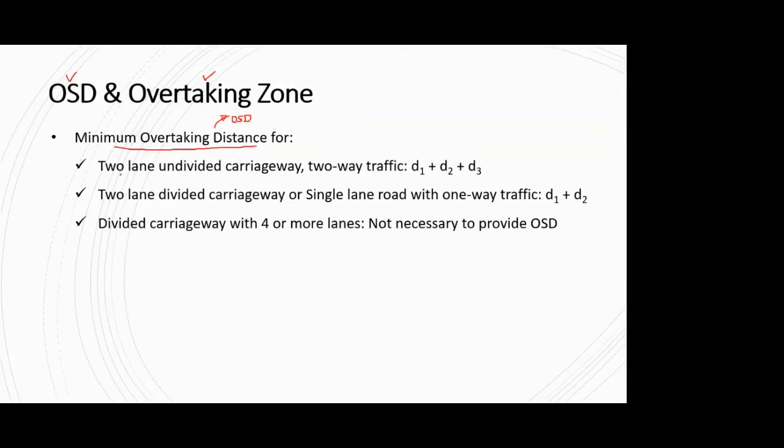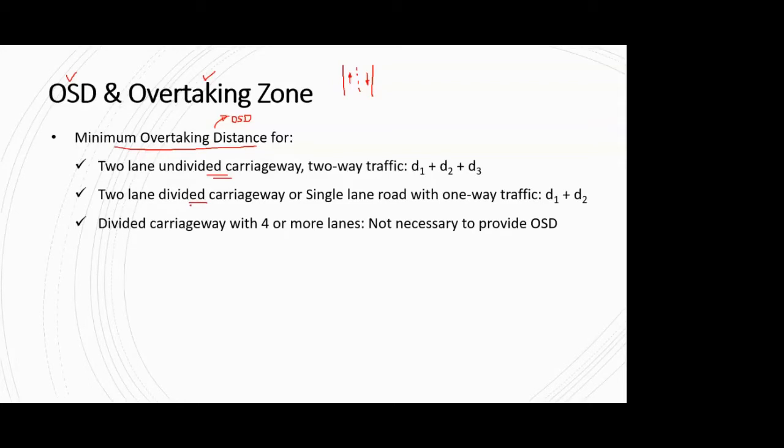So if you have a two-lane undivided carriageway, now you all know what a carriageway is. We have covered this in the elements of highway cross sections in the same unit. So a carriageway that is undivided means, if you have this as the main carriageway in top view, there is two-way traffic on it and no median in between. You just have a road marking, this dotted line, and traffic in the up direction and the down direction. That's the meaning of undivided carriageway.